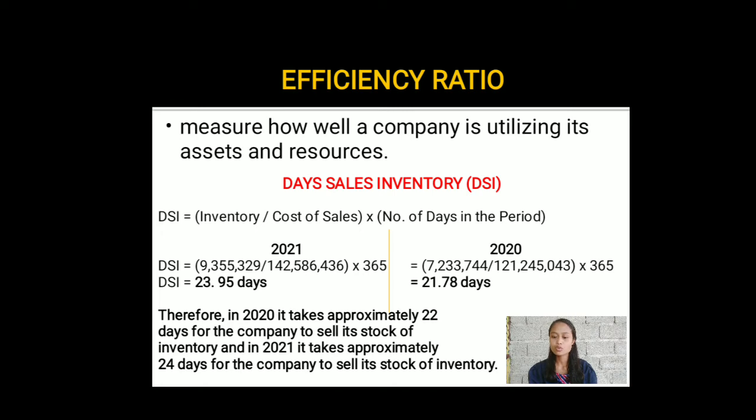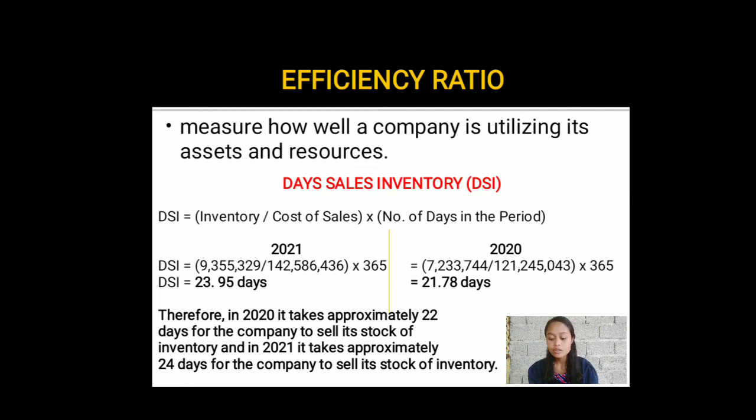For 2020, the inventory is 7,233,744 over cost of sales of 121,245,043 multiplied by 365, which is equal to